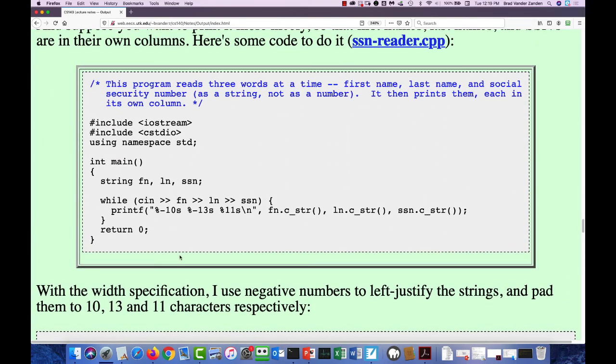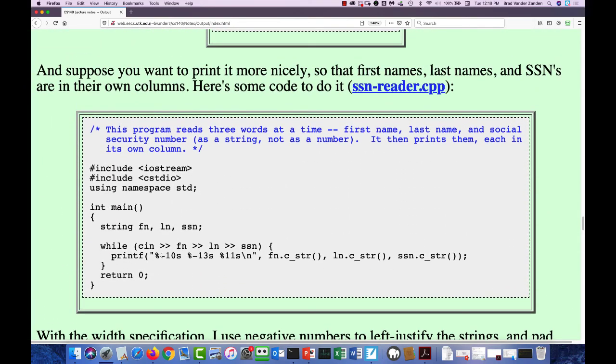So let's say I want to print things out left justified. Remember, by default, everything prints out right justified. That's fine for numbers. That's typically wrong for strings. The way you get left justification with printf is the minus sign. Very nice. Very compact. But, and this is a big but,